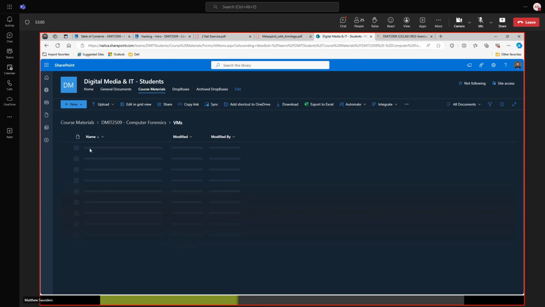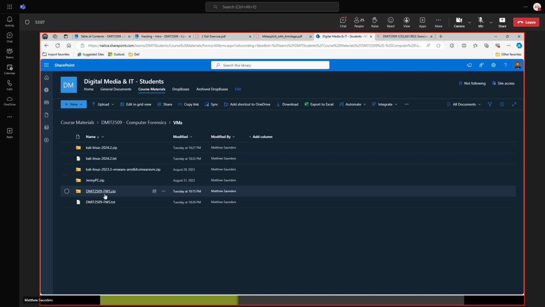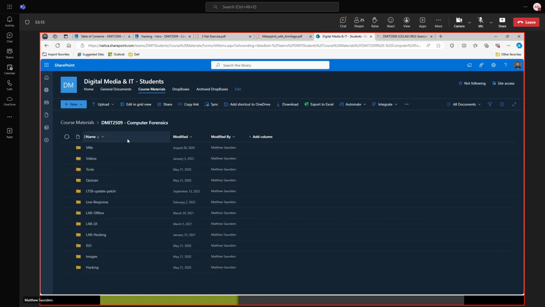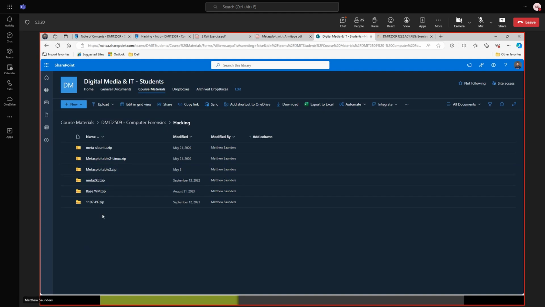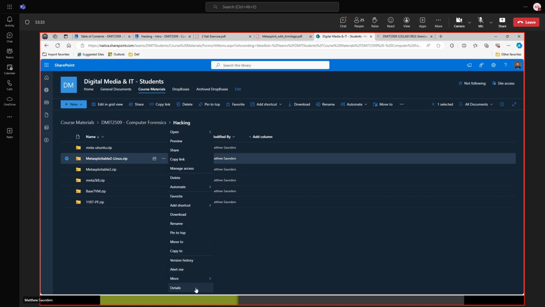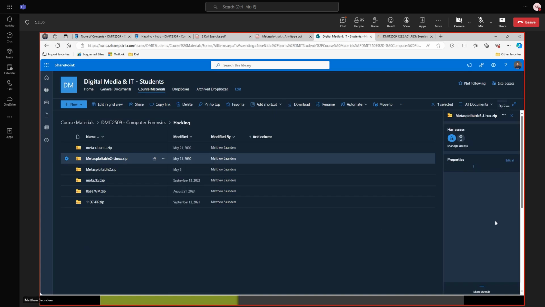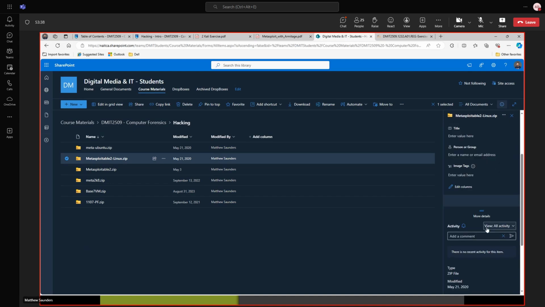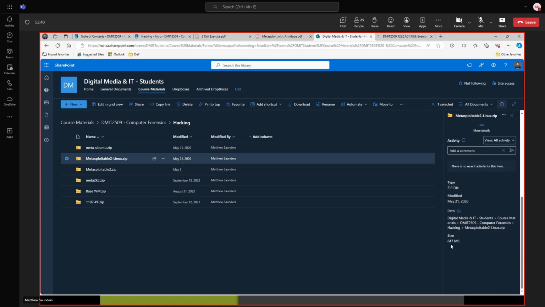I do have a VM section, and that's got some Kali stuff in it. It's mostly got older stuff, to be honest. The forensic workstation is there. But because there are quite a few hacking VMs, I've placed them all here in their own folder. So right now, the one you really want to grab is Metasploitable 2. And this is not too big of a download. I think it's about a gig, maybe. Yeah, a little bit less than a gig.